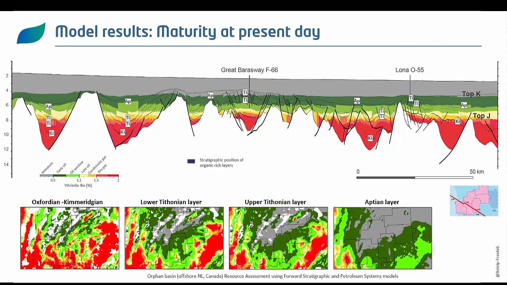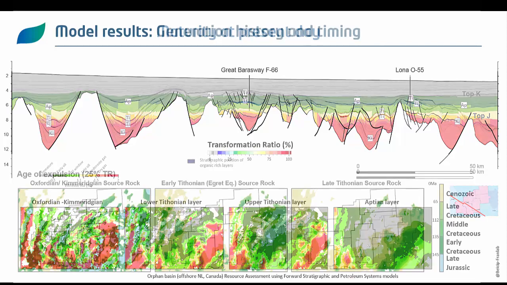Let's now see how the model behaves. This is the maturity expressed in terms of equivalent vitrinite reflection on the section above here. In the maps, you can see the different source rock levels. We clearly see that the Jurassic source rocks are now well within the oil and gas windows. The map below allows us to grasp the spatial extension of the maturity. One thing to note is that for the Egyptian level, the potential is in places where the burial of the Cenozoic platform is, so basically on the western side. So the added value of the model is to be able to track that maturity evolution through time as the basin gets buried.